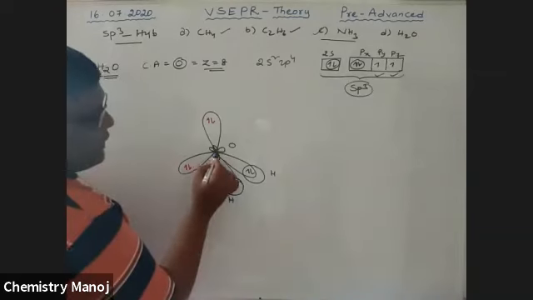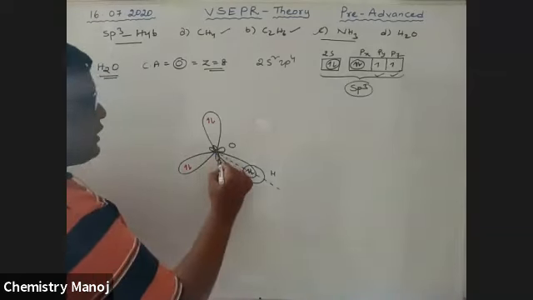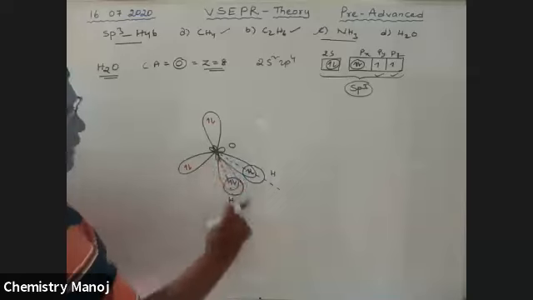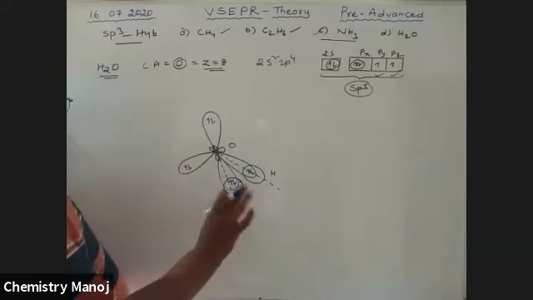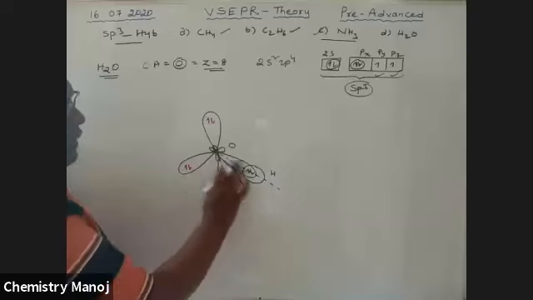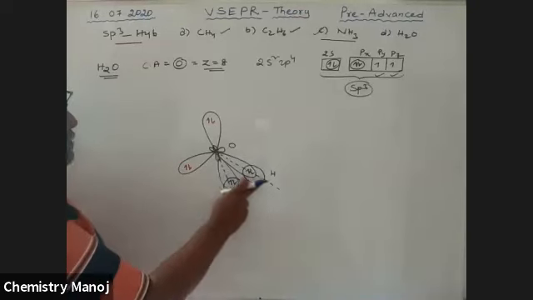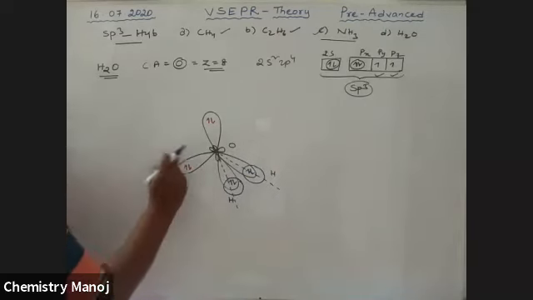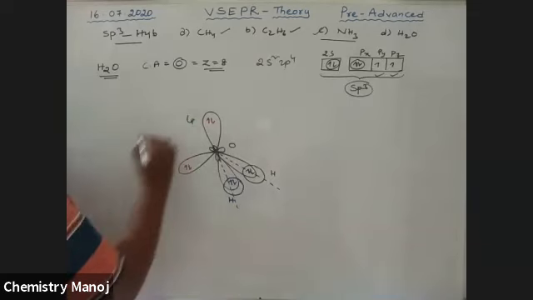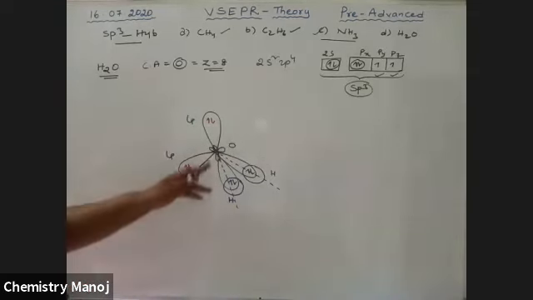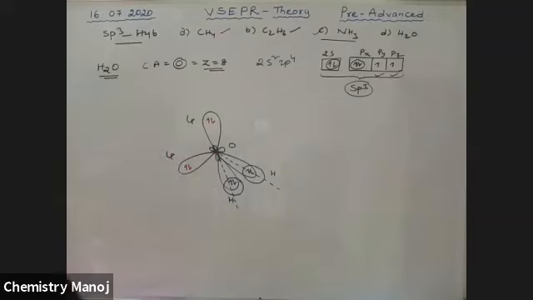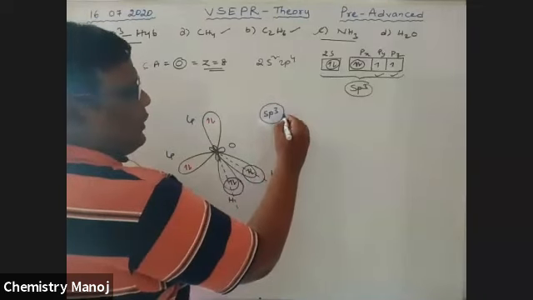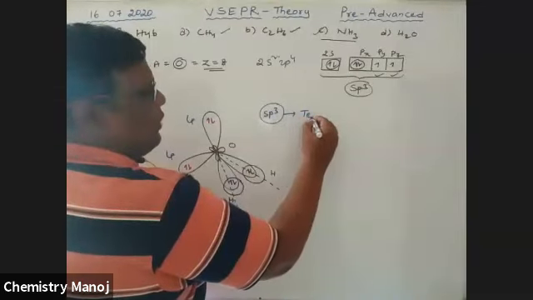Here this is the bond, this is the bond. That means the molecule is in angular shape. We consider the shape only from the bonded orbitals, so this is angular shape, not tetrahedral. These are the lone pairs of electrons, not involved in bond formation but present in the outermost orbital of oxygen. Because it is sp3 hybridization, we expected a tetrahedral shape